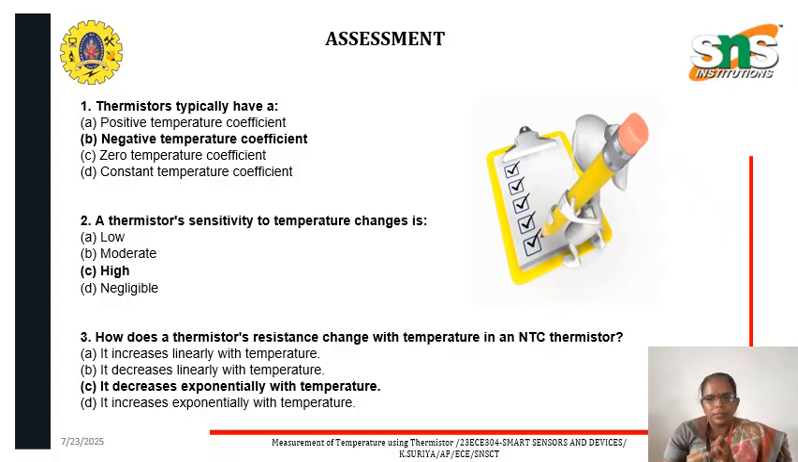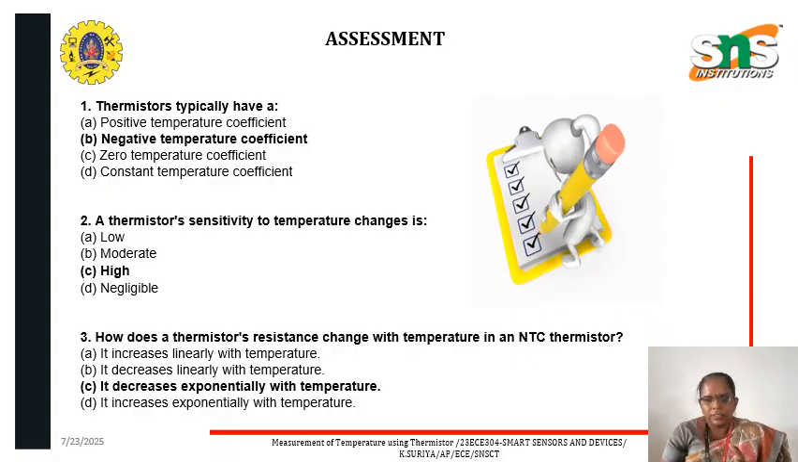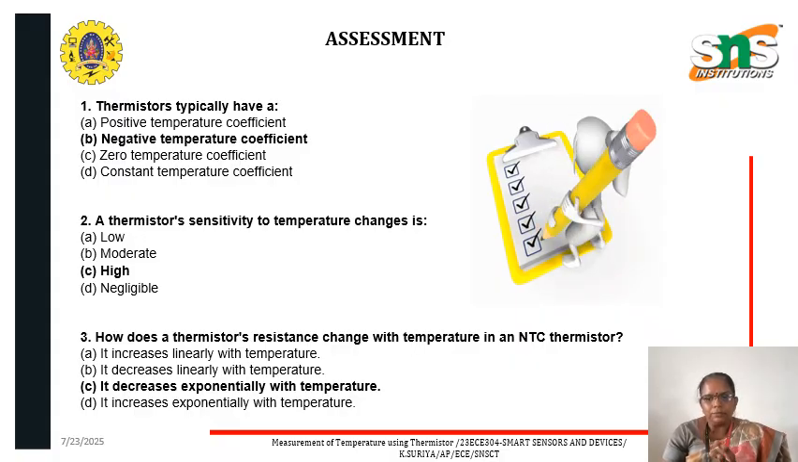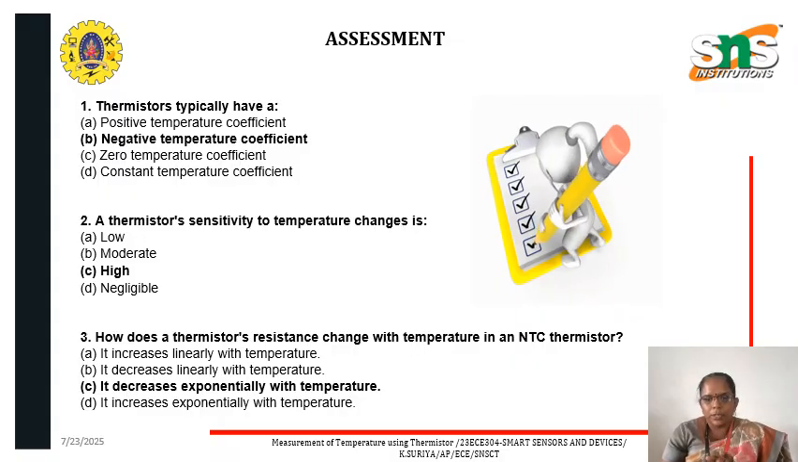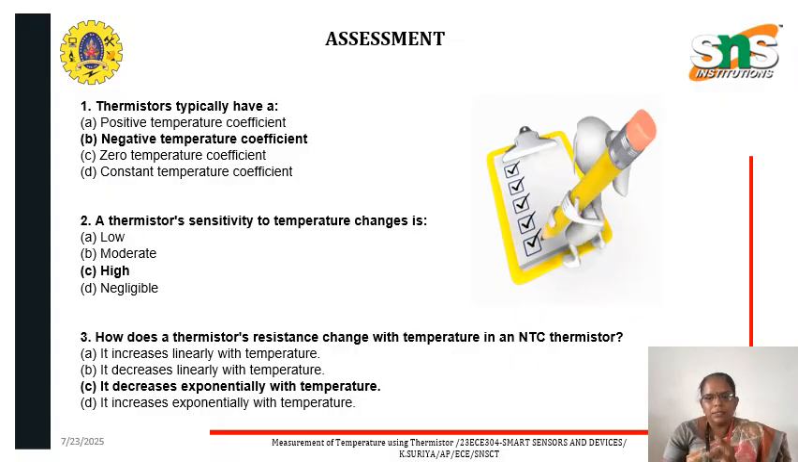How does a thermistor resistance change with temperature in a negative temperature coefficient thermistor? As we know, the resistance decreases with increase in temperature, in an exponential manner. So the answer is it decreases